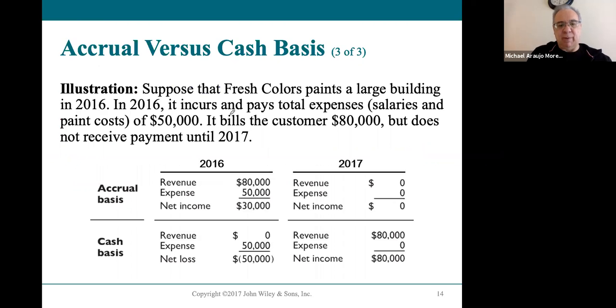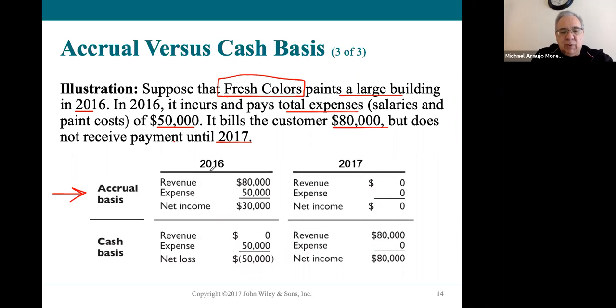So here's an example. We have a company called Fresh Colors. That's just a very nice name for a company. And they paint a building, and they painted it in 2016. In 2016, they had a lot of expenses to paint that building, 50 grand. They billed the customer $80,000 to paint the building, but the customer doesn't pay them until 2017. Well, under the accrual basis,